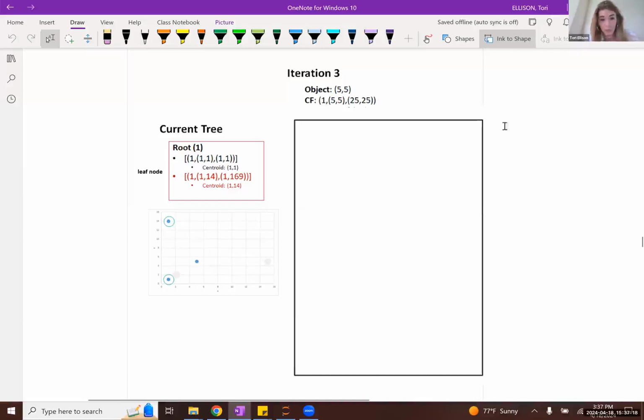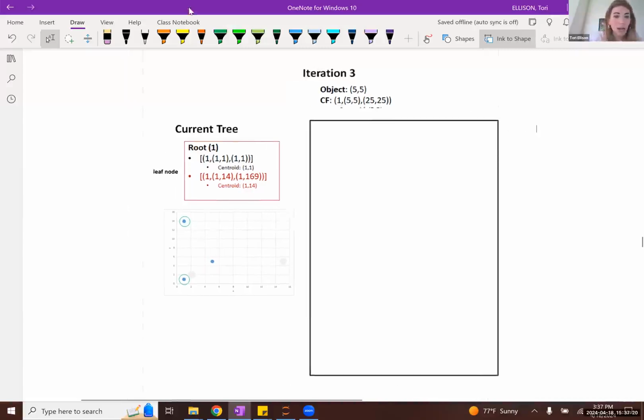As we saw, when we incorporate any given new object or observation into the tree, we temporarily assume that it is just a singleton cluster. So we represent the CF, the clustering feature, of this cluster comprised of just 5.5. Again, this would be a cluster comprised of one observation.